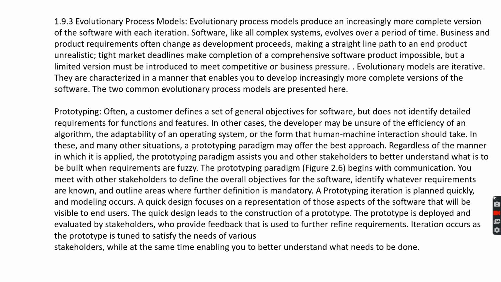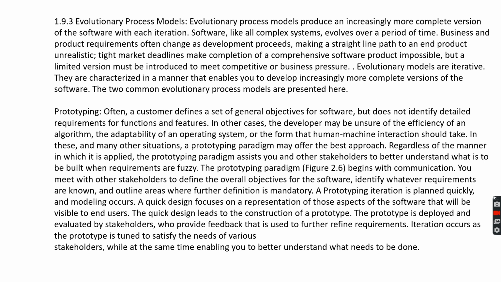So in this type of model, the main thing is the prototyping paradigm, where even when the developer and the customer have some kind of uncertainty, the prototype paradigm begins with communication.